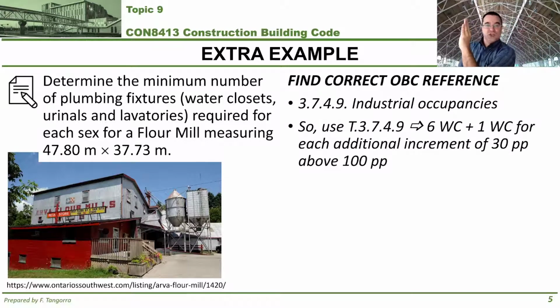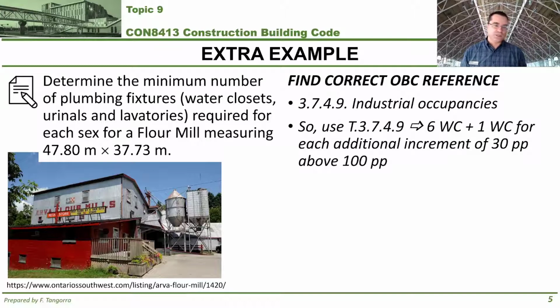The right column is the number of water closets and the number of lavatories. The bottommost row, above 100 people, says that you're going to use 6 water closets plus 1 water closet for each additional increment of 30